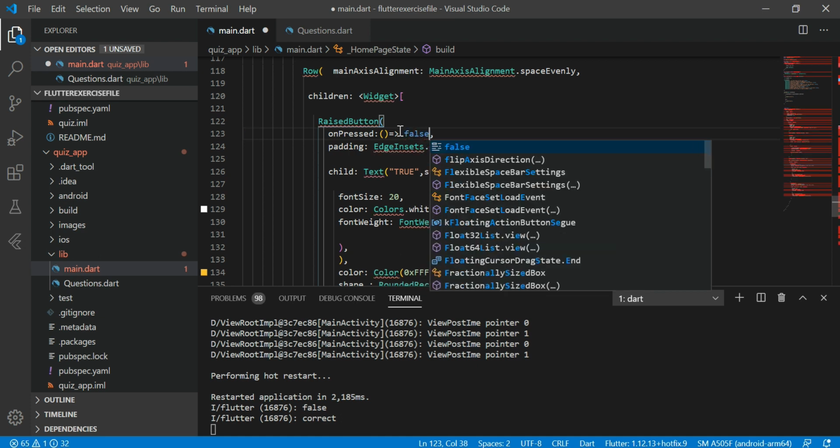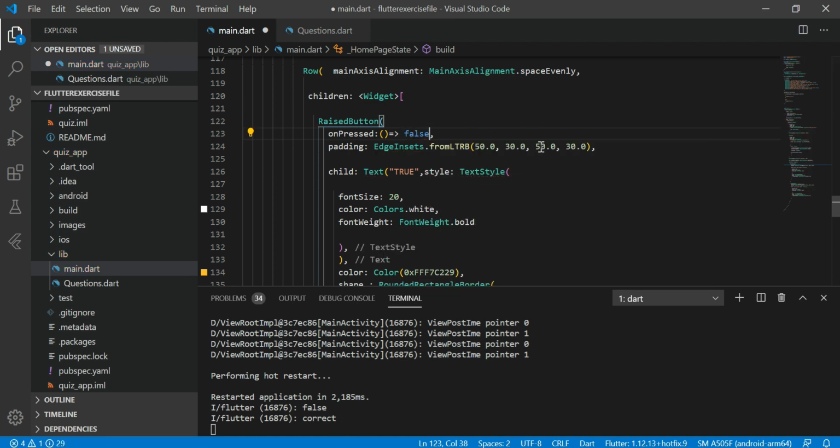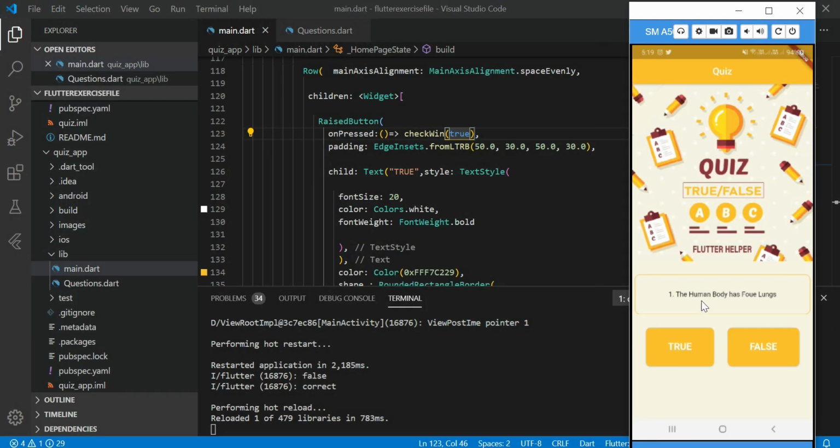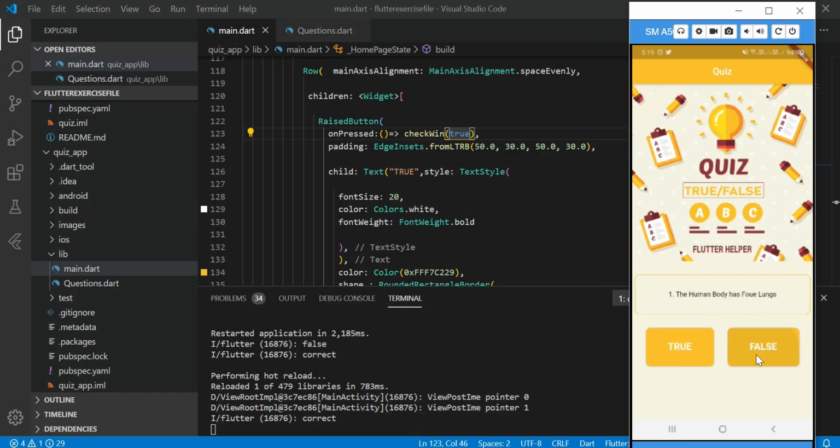And here I am using check. Here I am adding user choice equal to true. If user choice is equal to true, then the answer is correct. Now let's run our app. Look at this. If we tap on true, false, that's correct.